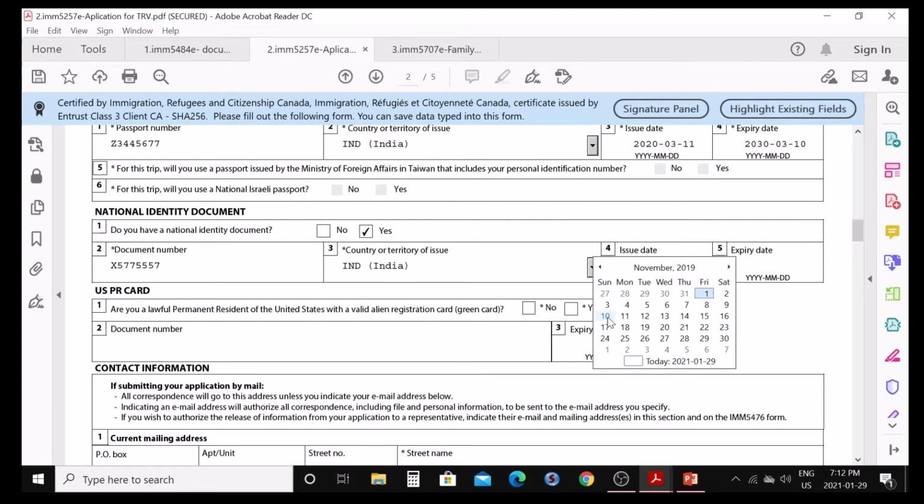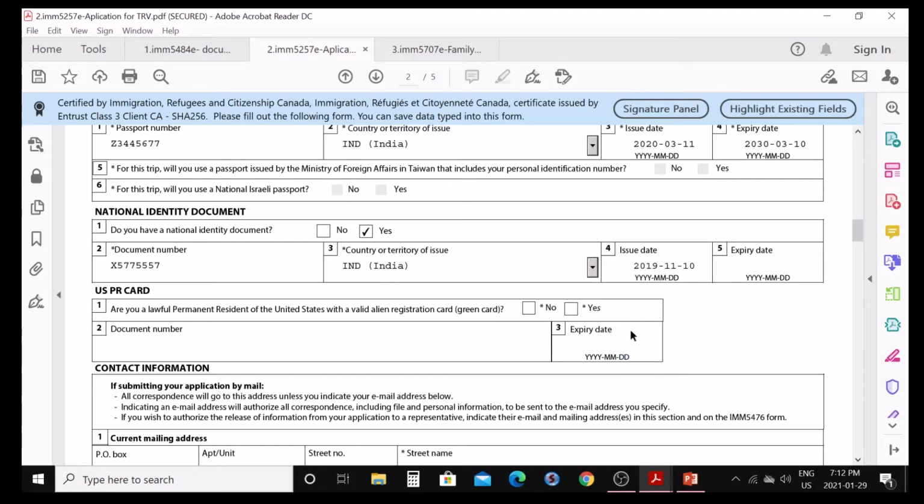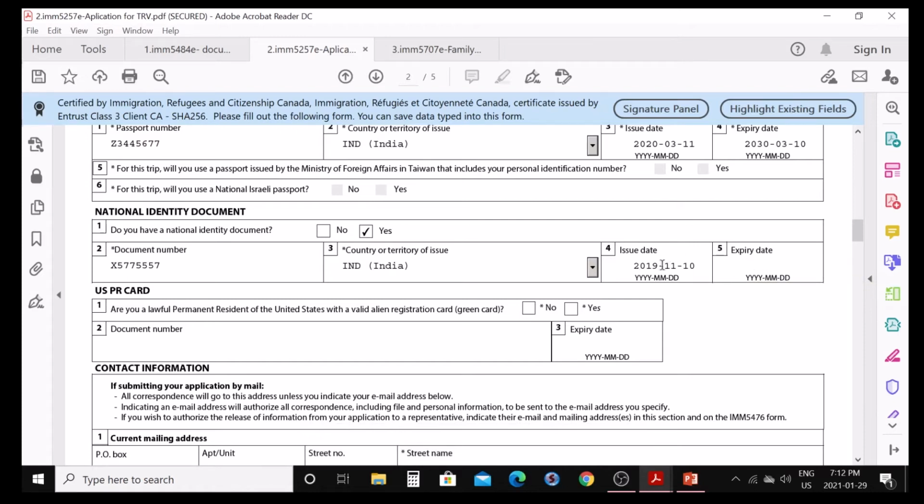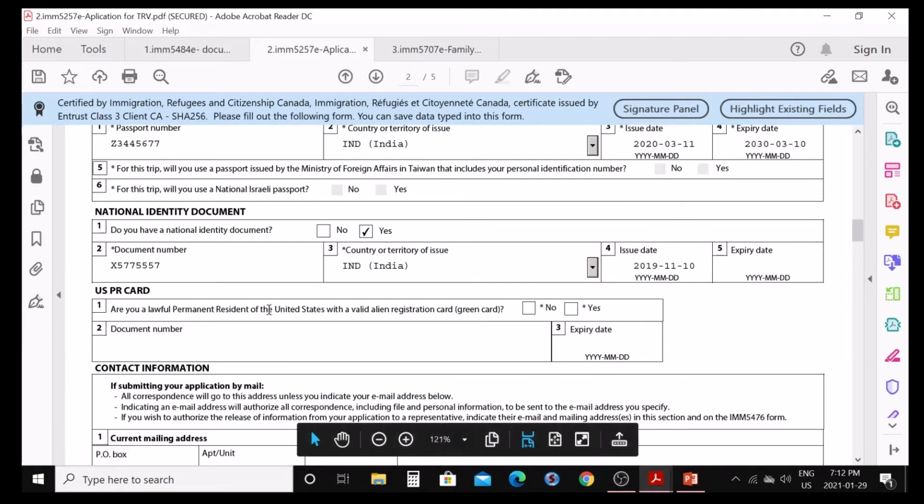Maybe I'll say that, and if they get expired, okay, otherwise you will write any date here or leave it like this. I will leave it because I don't know if there is an expiry date on Aadhaar card or not. This is for USPR card, so we will leave this document. We don't need this document.